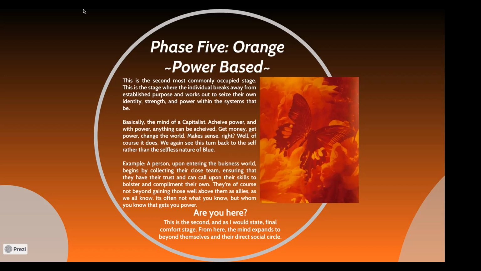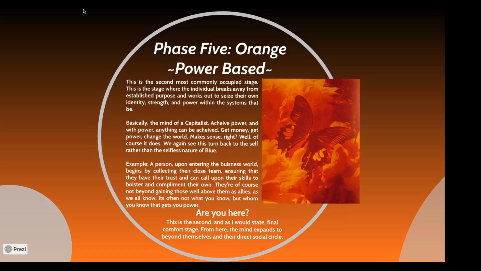The mind expands from here, beyond themselves and their direct societal circle. So orange wants to change the world so they can have a better life for themselves. Like rising tides lift all boats, they want that tide to rise. Sometimes they won't care about consequences. They understand there will be consequences, but you'll see they'll try to skirt them by being sneaky about it. You'll see things like sweatshops as an example of that, where they're like, well, I can pay somebody 2p to do this, or I could pay somebody local £15 to do this for the exact same job.